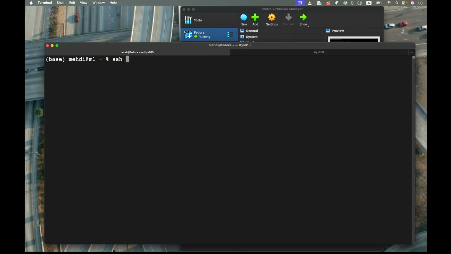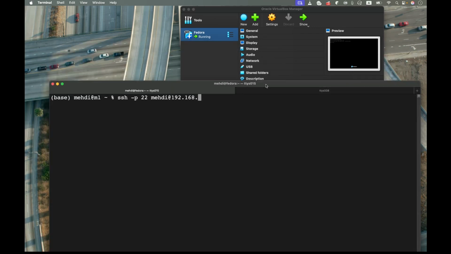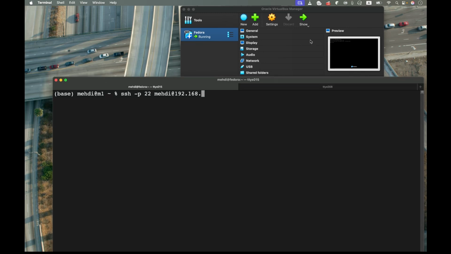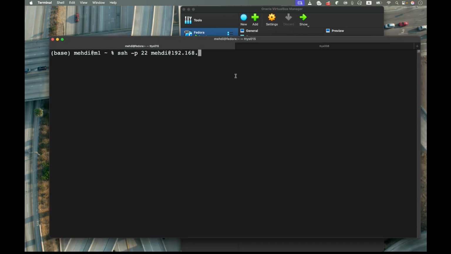As the first step, I'm going to show you how to connect normally to the server. You enter ssh and then -p to enter the port, which by default is 22, so you can skip this. But if you have a port different than 22, you need to pass the -p flag. Then I enter the username and then the IP address or the domain name defined on the server. I already have a Linux server running inside VirtualBox, so I enter its IP address,